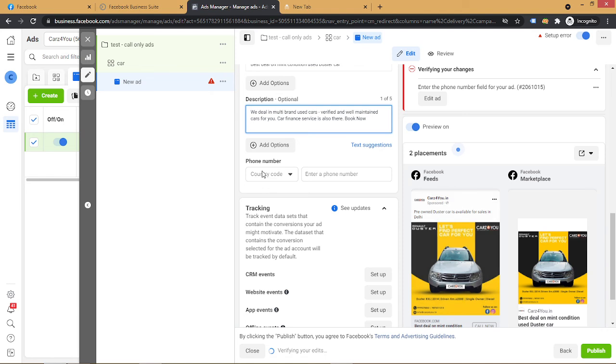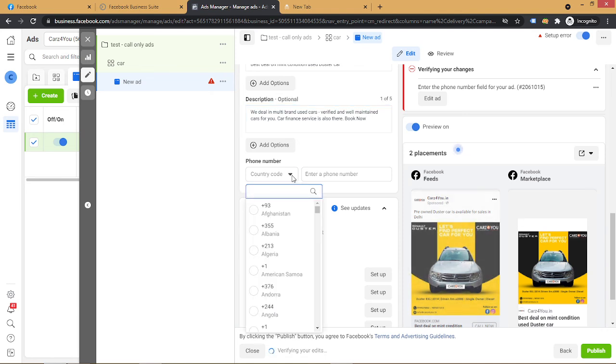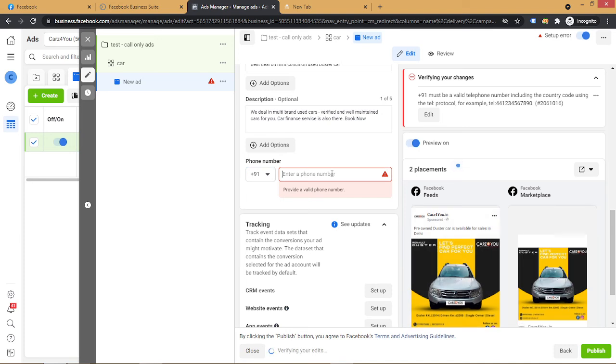Here I will take the country code, which is India, and here I will put the phone number. I'm just giving a random phone number, 99999999. It is taking more than 10 digits, so I will stick to 10 digits only.